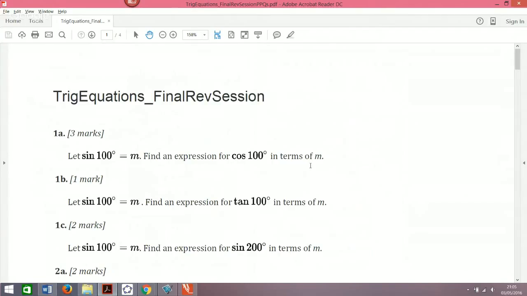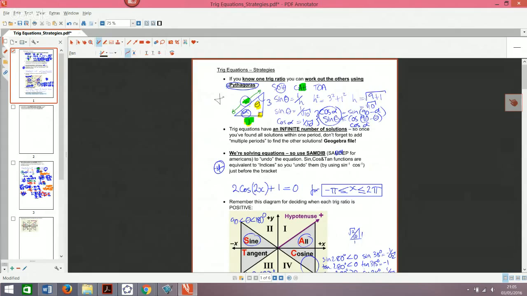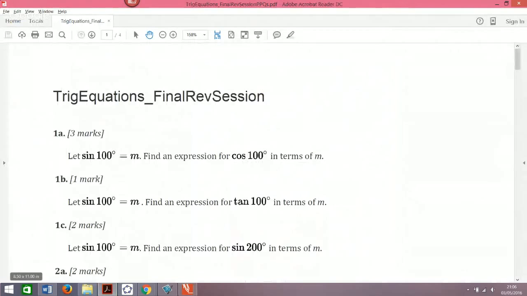And so what I suggest you do to save yourself time and to practice lots of different techniques is don't actually solve the question. Just say, okay, which of those one page of strategies do I need to use? And if you were going to get the most efficient method, you'd say it's going to be number 1 up here. Because I could say, I know that, let's go back to that question. If sine 100 equals m,